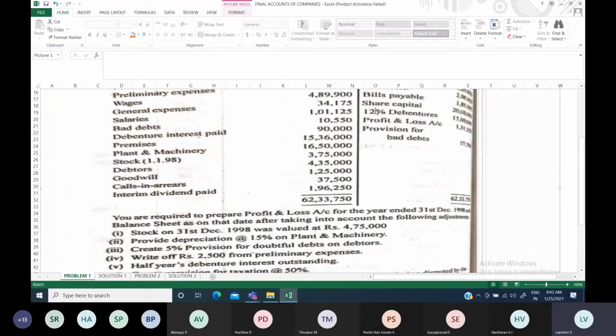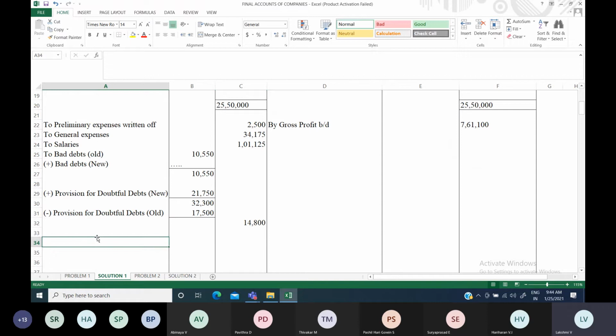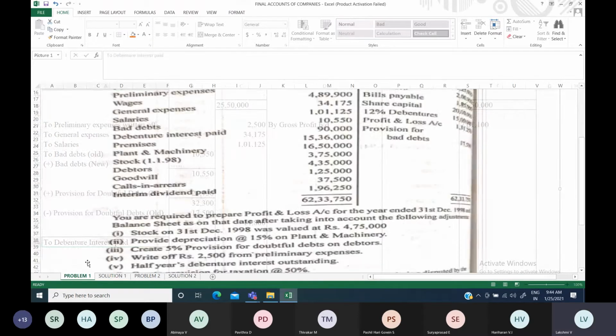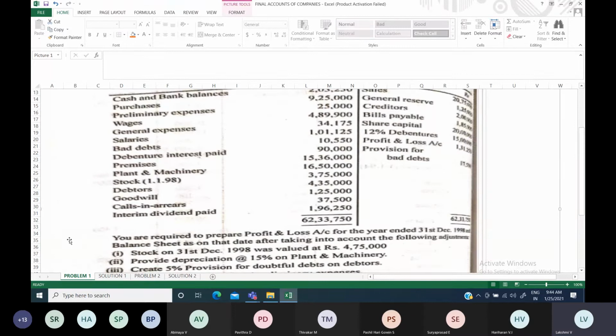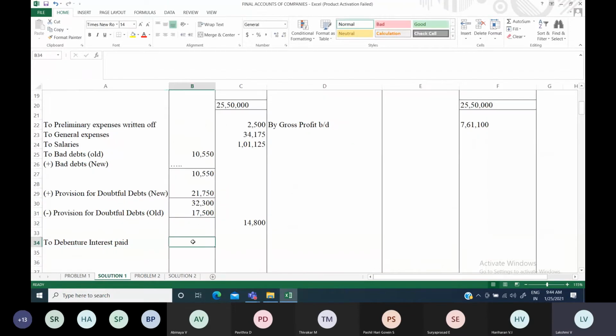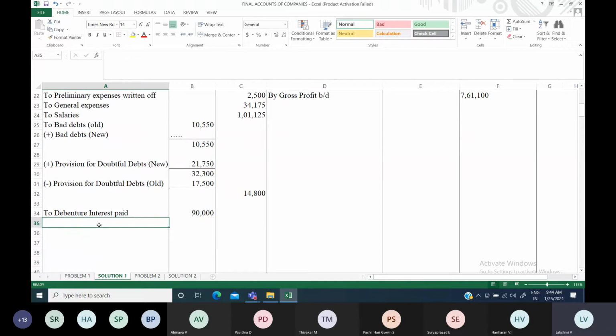So debentures amount is 15 lakh and 12 percentage. So let us move to the problem. First let us enter the debenture interest paid. That one we can enter, and then we can add the outstanding interest. So let us first complete whatever is given already. So debenture interest paid is 90,000. Just enter here, because we still have more calculation for this. So outstanding interest we have. So you mention it here. Okay. So outstanding interest.